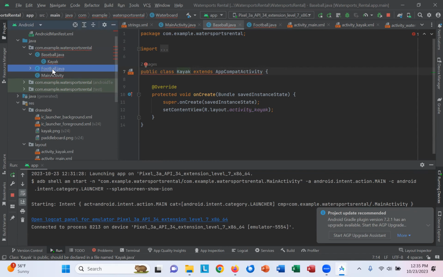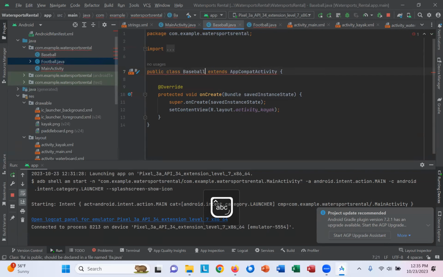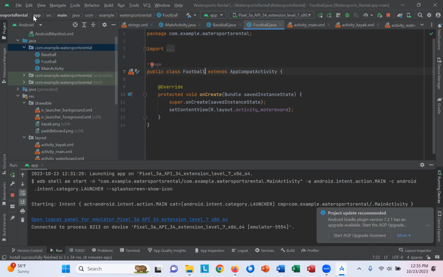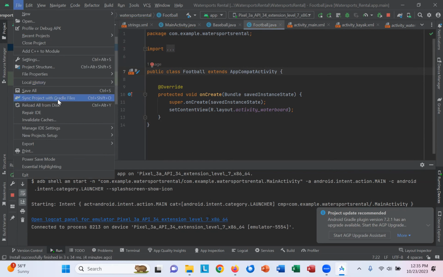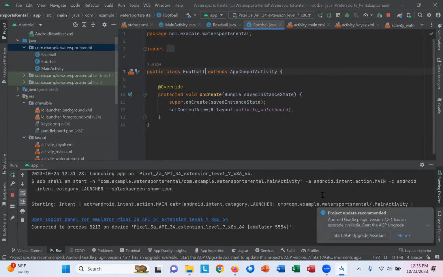But you'll notice that the baseball app says public class kayak. We have to change that as well to baseball. Then within our football, we change waterboard to football. And when we sync that all together,